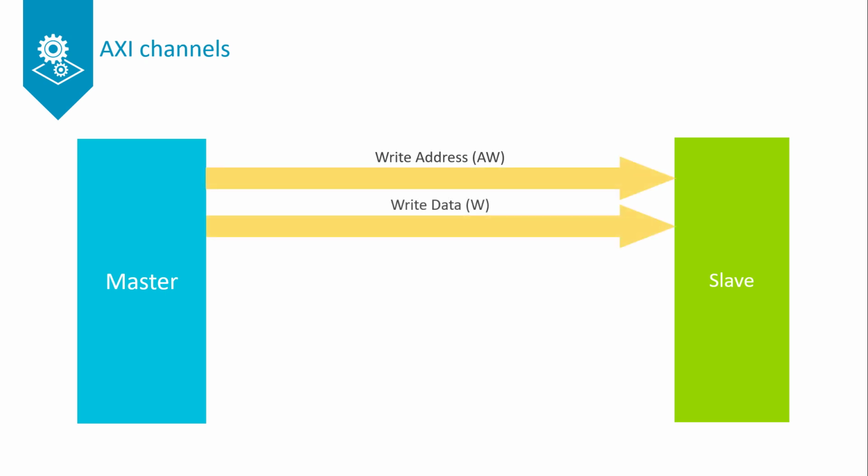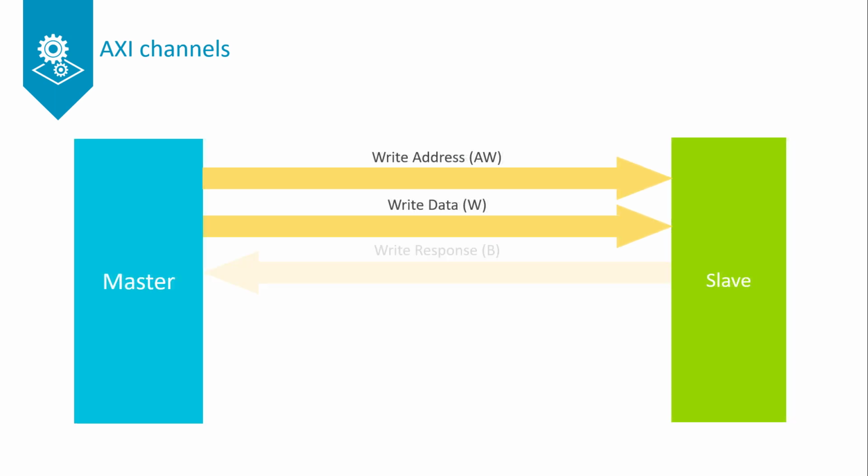Masters use the write address channel to send a memory address to the slave. It sends the address of where it's going to write the data that's transferred using the write data channel. A write response channel from slave to master is used. Once the slave has completed the write operation, it responds with a message to the master via the write response